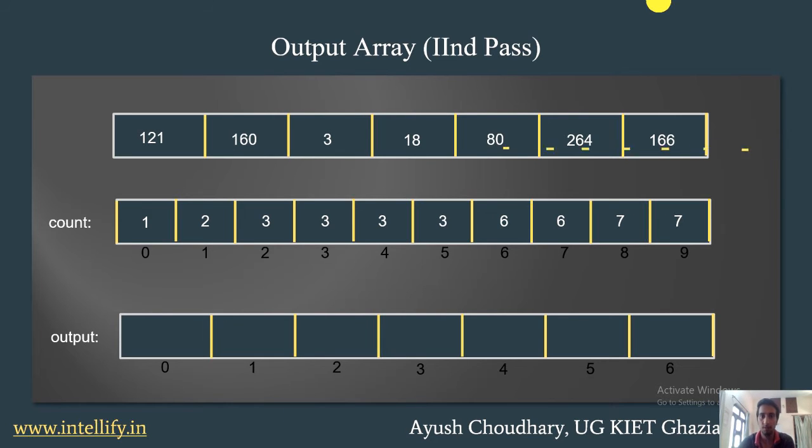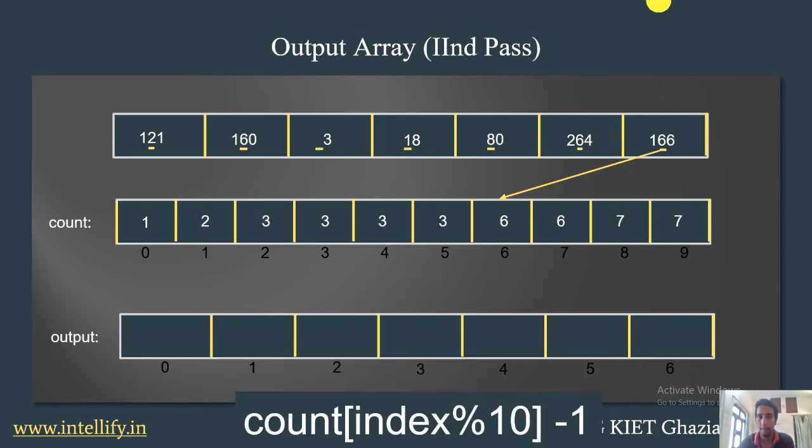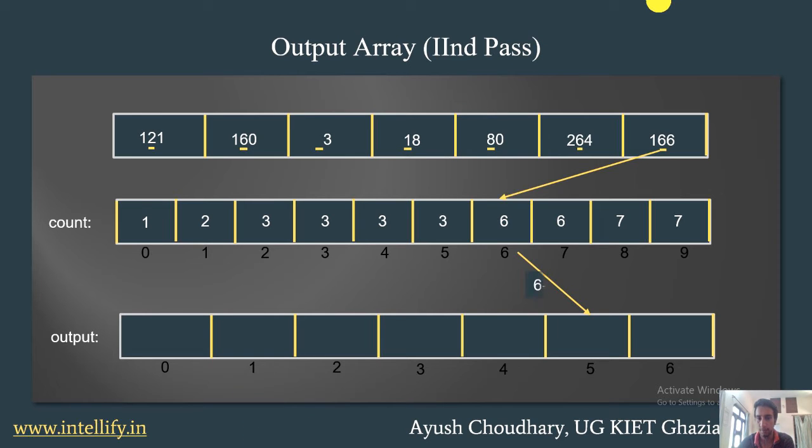This way we will have our cumulative count, and let's see how we'll get the sorted array. As in the previous one, we have the same procedure. We will take the 10th place element, and we will follow the same principle. 6 minus 1 is 5, replace 6 with 5, and then put 166 at the fifth index. This way, second, 264, we get 6 at the sixth index of the count, and then